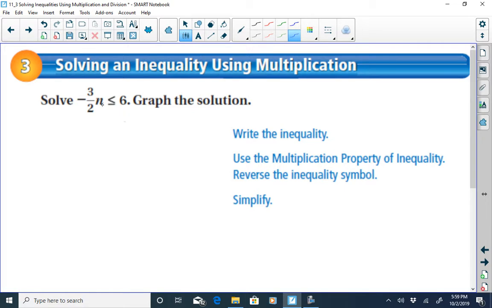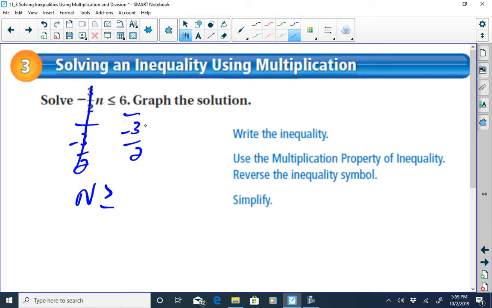When you look at the inequality and you see the negative coefficient of the variable, that's when you have to raise your eyebrows a second and say, wait a second, I'm probably going to have to reverse my inequality symbol because I have a negative coefficient for my variable. But anyway, what do we have to do here? Well, we have to divide both sides of the inequality by negative 3 over 2. They're going to cancel. So now we have n, I reverse the inequality, is greater than or equal to,